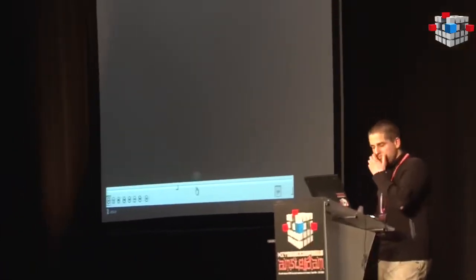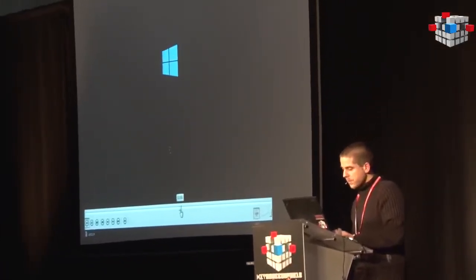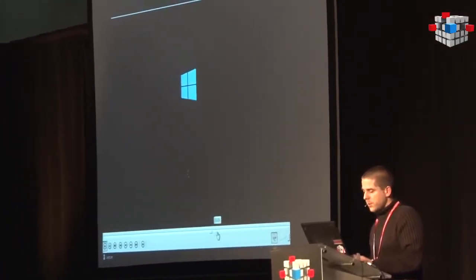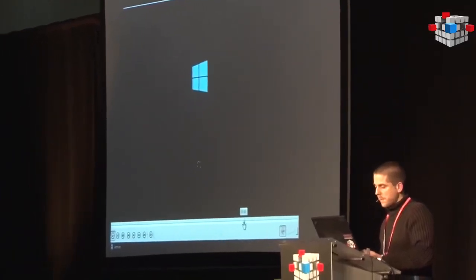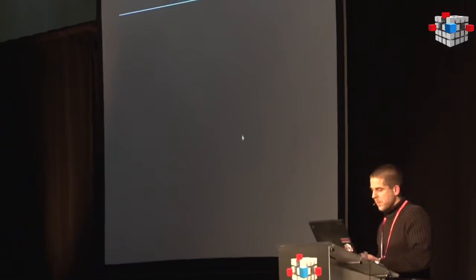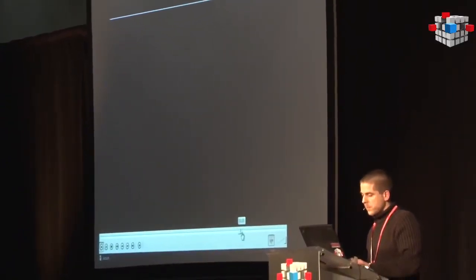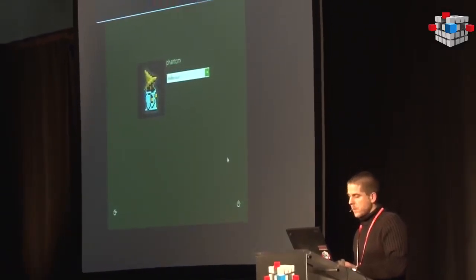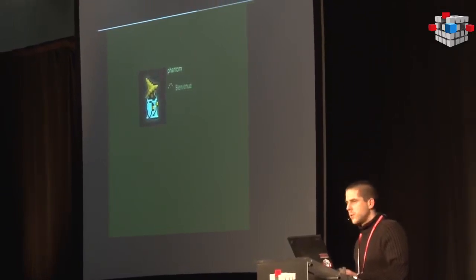Next, the Windows boot process continues till the login prompt. Now we can just enter a blank password to unlock the station.